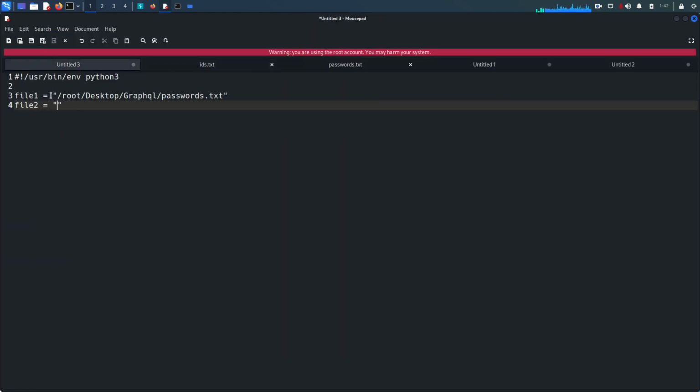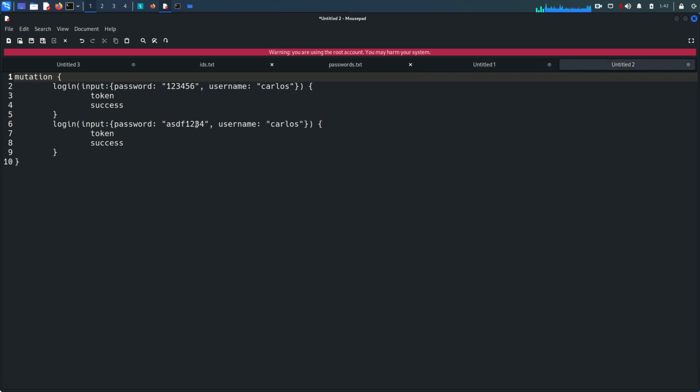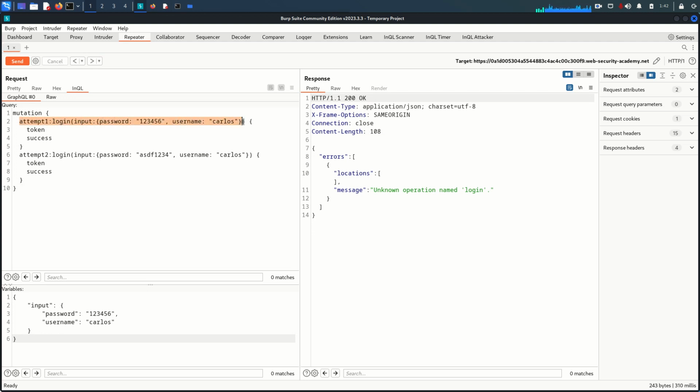So back here, and the path is the same. Copy, paste that, IDs.txt. Okay, now what I want to do here is the payload. If you look closely at what we need to create, we need to create this part, and we will create it by changing this value and the password. Because the username is constant, it is going to be Carlos every time, but the password will change and this value will change according to the list. So it will take 1, then it will take the password from the password list. So that's why